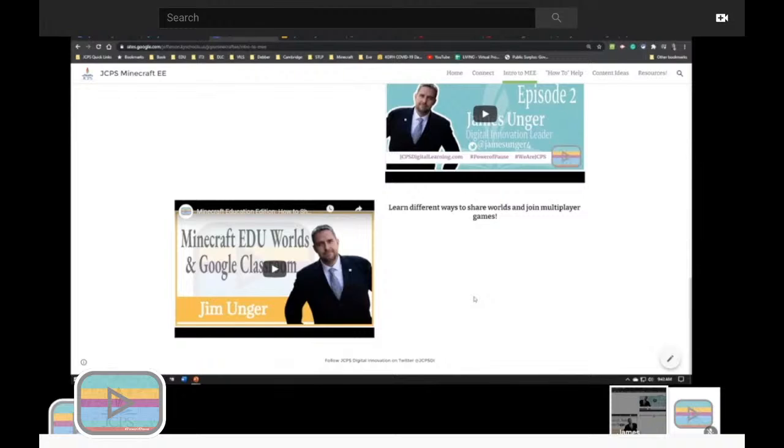But there's also the way you can just generate a world yourself on your machine, send out the join code to your students, and as long as they have the app or the program downloaded, they can log into it. They can put a join code in, which is just 4 characters, and they can join your world so that you're hosting the class. Maybe you've built some special things into your world. Maybe you're one of those advanced users out there. You can also set up small groups. Maybe you've got 4 or 5 kids that are really rock star